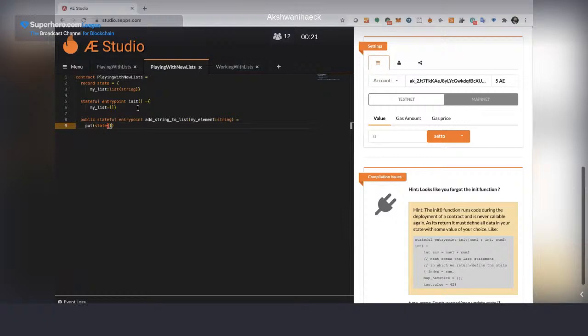And of course, as I'm prepending, I will need to take care about that by telling that the new list is going to be the actual element I'm receiving by the parameter, prepended to the actual list I have on my state. So this way, I'm adding my element at the beginning of the state list I have. Okay, so I'm not losing any existing element. I'm just adding an element at the beginning of my list.